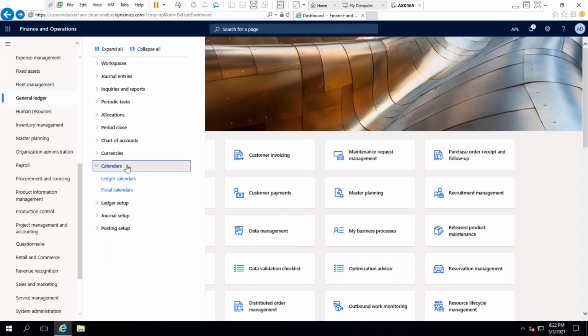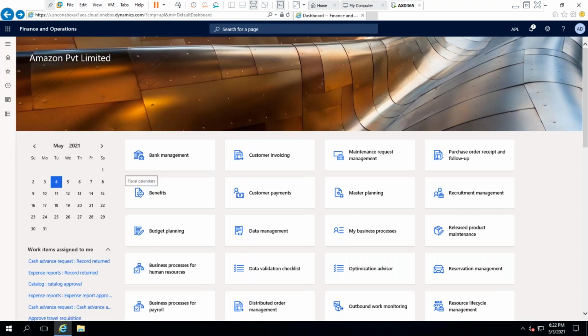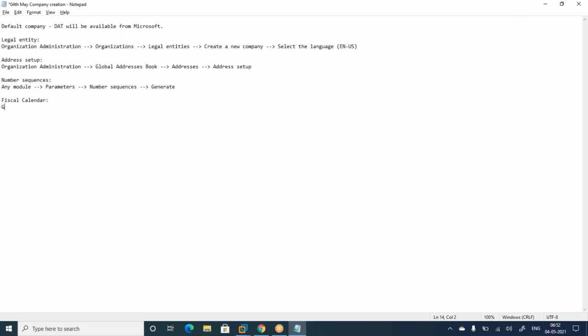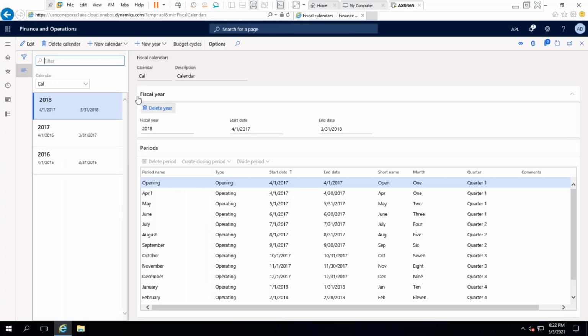calendars, fiscal calendars, general ledger, calendars, fiscal calendar. So you can click new calendar